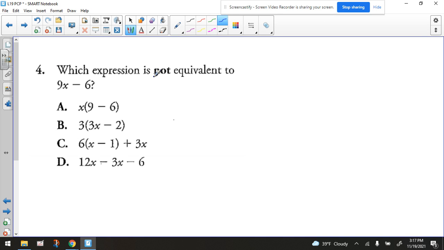Which expression is not equivalent to 9x minus 6? So what does that mean? That means that 3 expressions will be equivalent. 1 will not be equivalent. We want that one. All right, so let's start by, this is in simplest form, by the way, but none